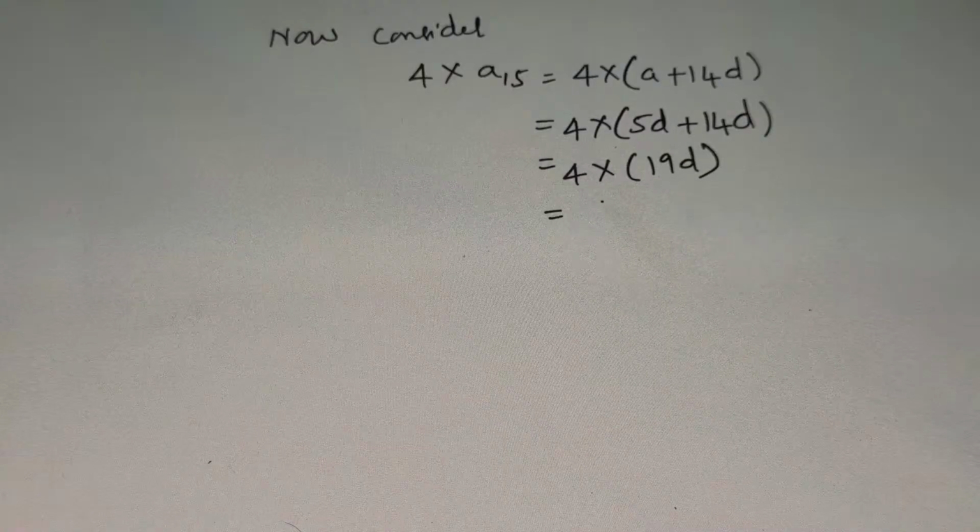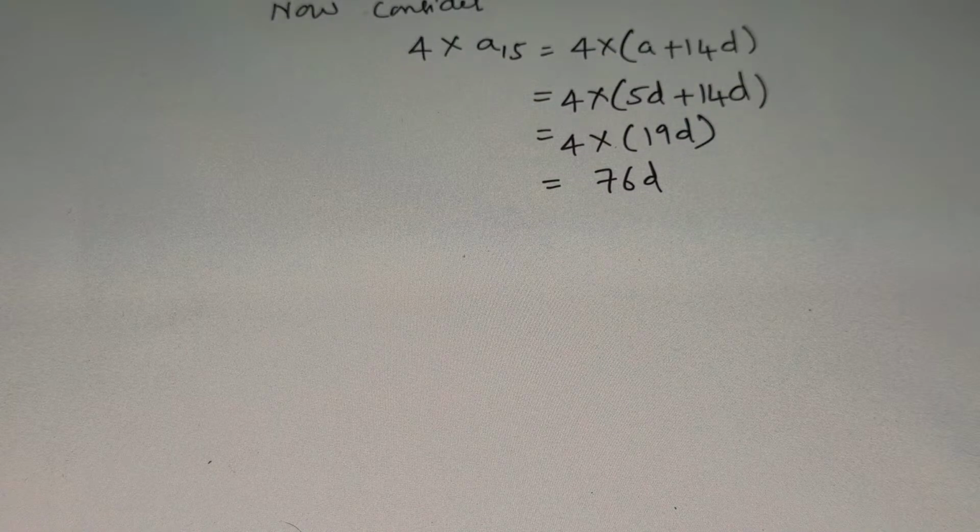Now multiply 4 into 19, 19 fours are 76D. Therefore,